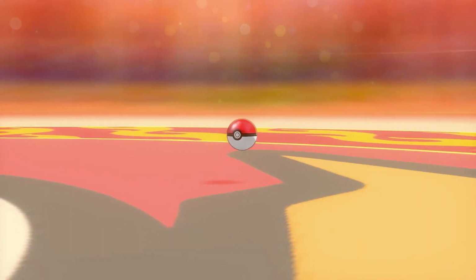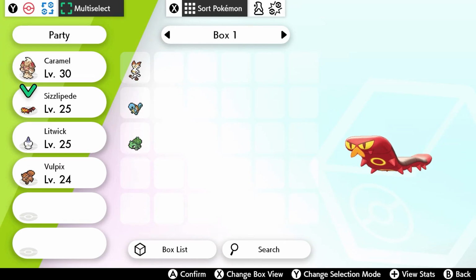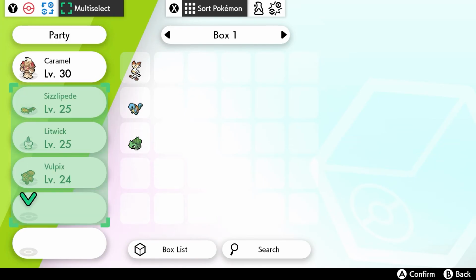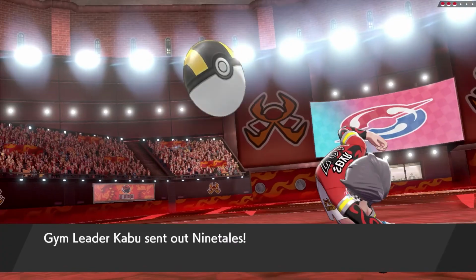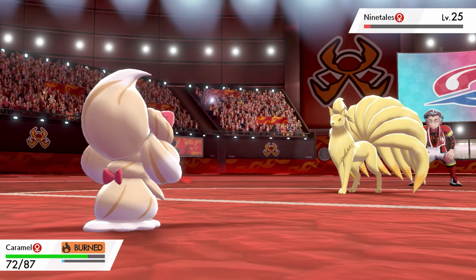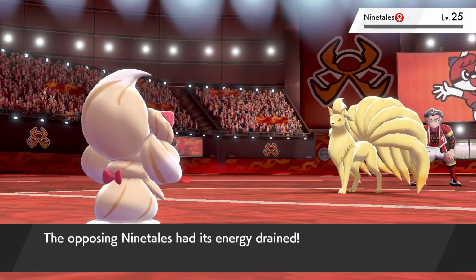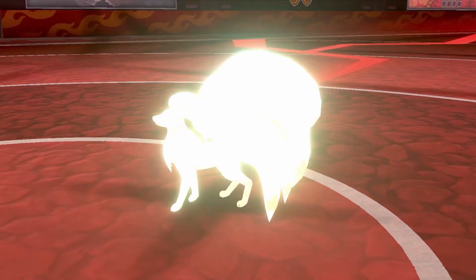I catch everything in the gym mission, since it's the fastest way to complete it. I leave the gym to heal and get rid of the Pokemon I just caught. Kabu starts with Ninetales, who burns us and sets up a Fire Spin. We set up a Calm Mind, but Draining Kiss still didn't do a bunch, because Fire resists Fairy, which I